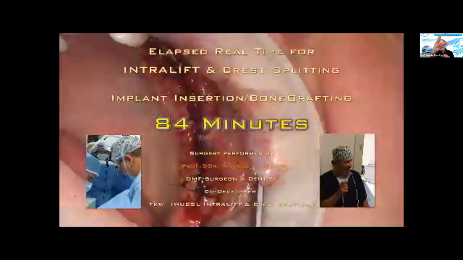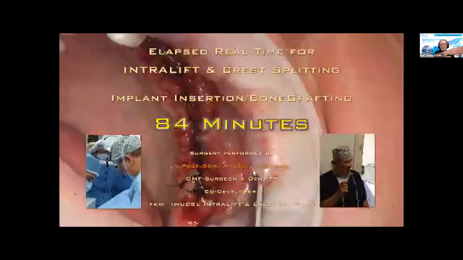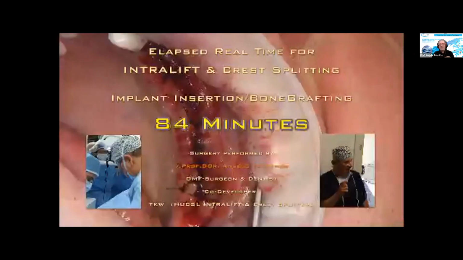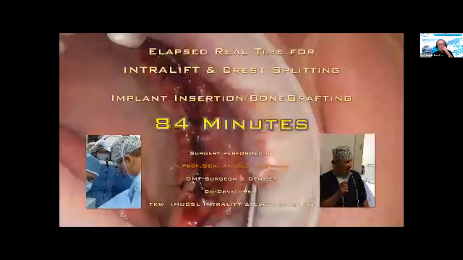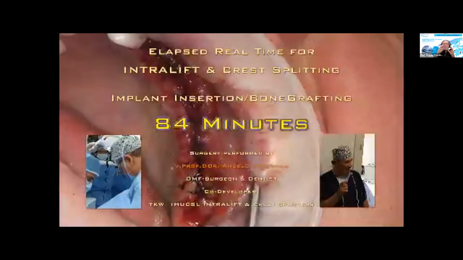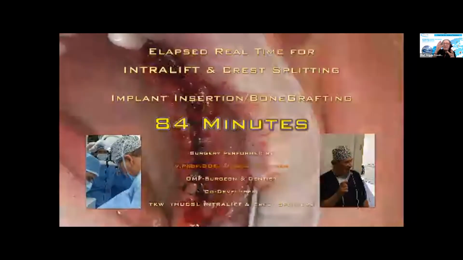Just to interrupt me, now the entire surgery from the beginning up to here was 84 minutes, 1.5 hours. You don't even think about it, but the immobilization is the key point. And with this type of suture, you achieve this. And if you have small dehiscencies, of course, there will be,